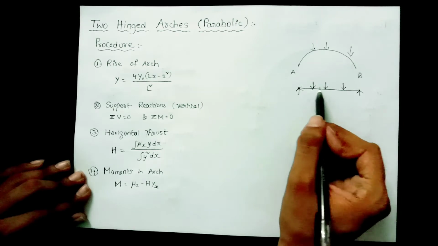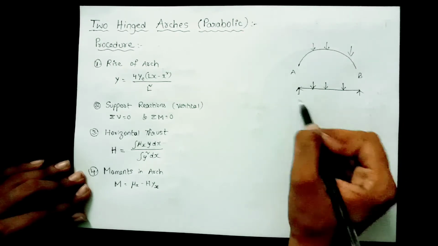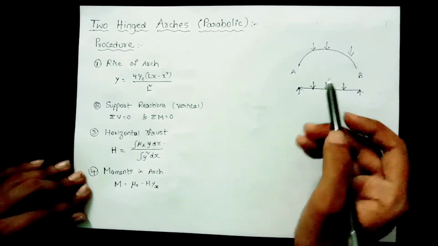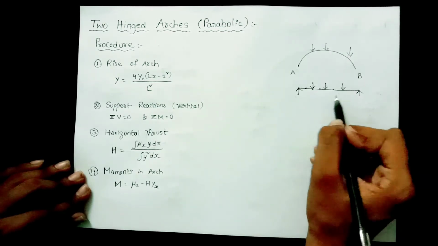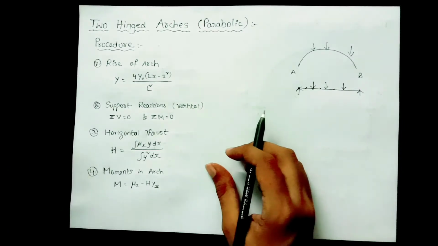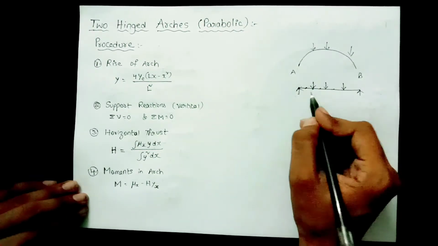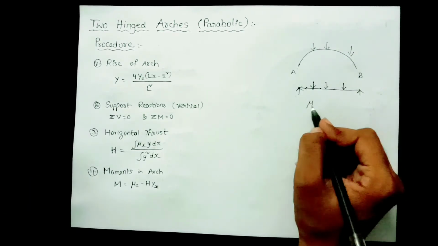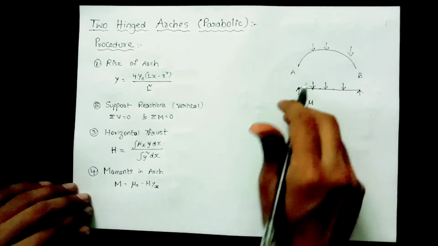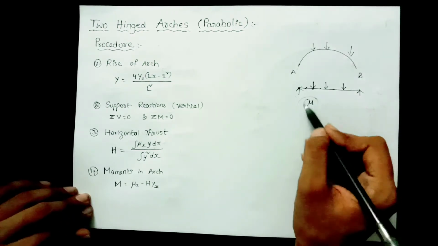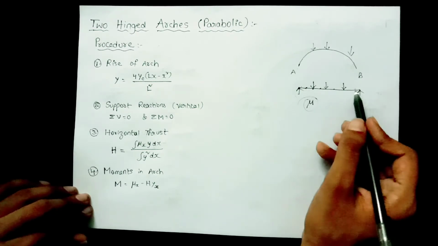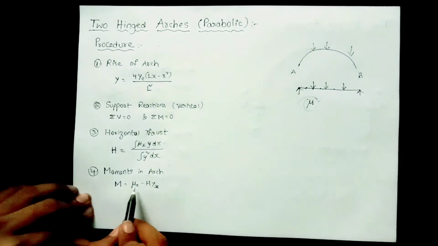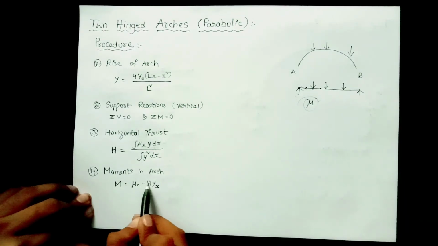At the respective distances the loads will be similar, and now for this condition we can calculate the moment at any point, at this point, this point, this point. For the simply supported beam the moment at any point is termed as Mu. In some textbooks it is denoted in some other way, but in this procedure I am denoting it as Mu. The Mu value can be easily obtained by multiplying force and the perpendicular distance. So you will get the Mu value, and that value is placed here, minus H.